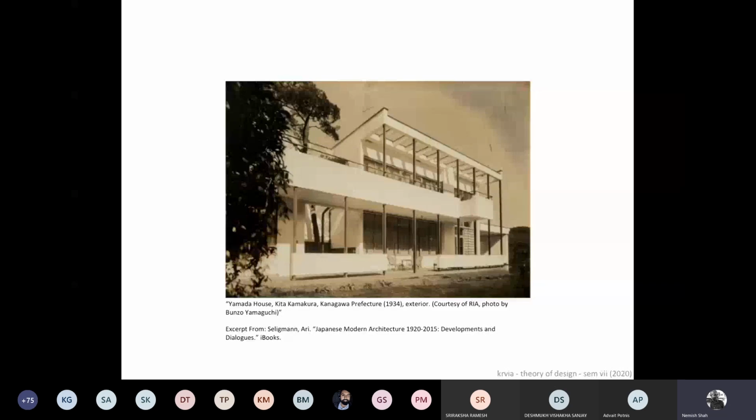The great thing about this building is that it was built around the same time that Richard Neutra built the Lowell House in California. And although it looks like a concrete building, it's actually not. It has a steel internal structure, timber clad and then plastered to make it look like a concrete building. So although maybe the technology was there or not there, I'm not sure of that, this sense of modernity prevails, and this sense of what you want architecture to look like is already there in the minds of these architects around that time.